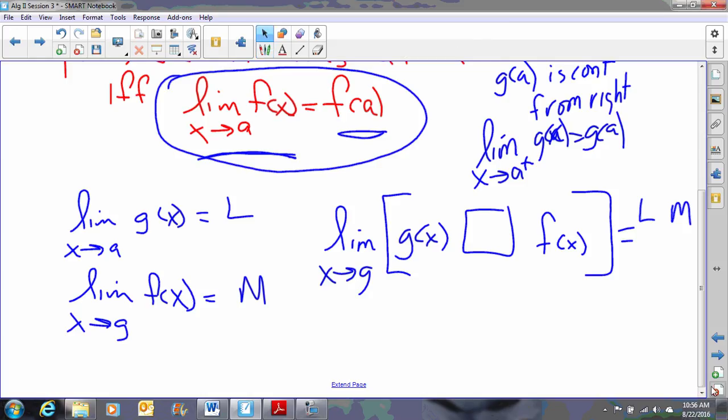Now we can put a plus sign in here and a plus sign there,